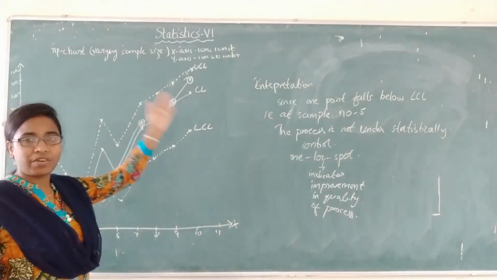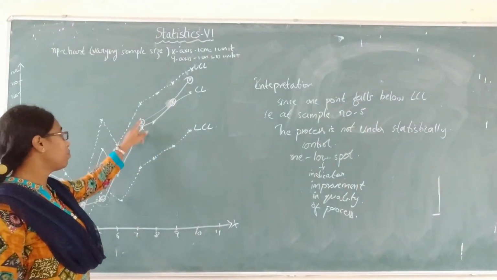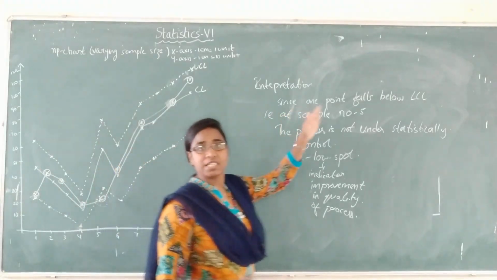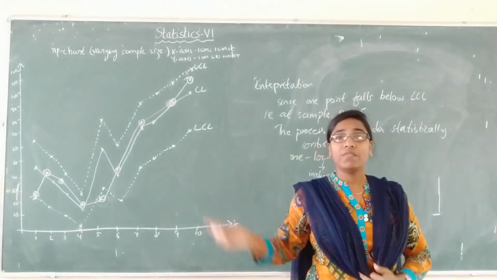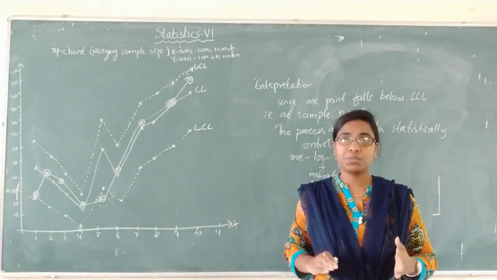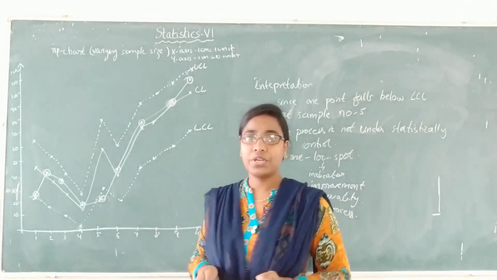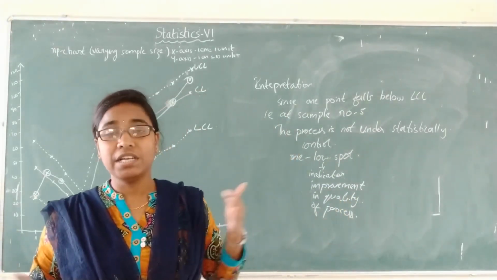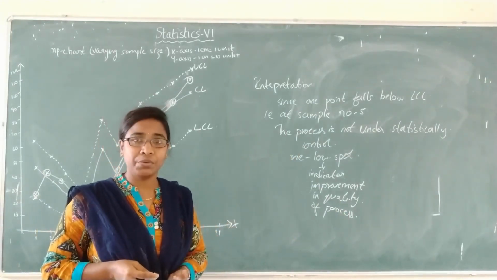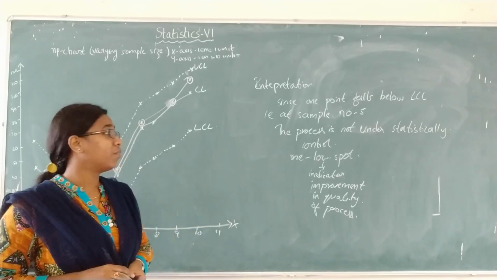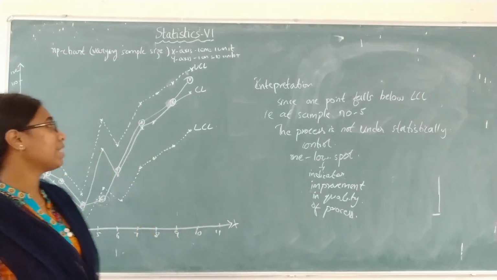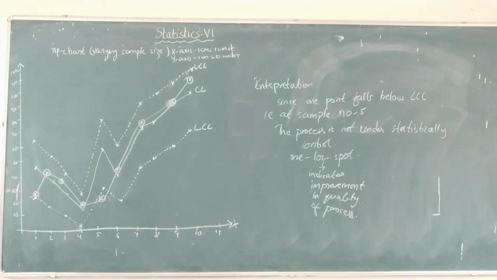Otherwise, you can check from the table itself and just plot here. Whatever DI values you have, in the last columns you will have UCL and LCL. Check the DI value for each sample. First check the DI value with the first UCL and first LCL. If it lies between UCL and LCL, that sample is clear. Next go for the second sample. Like that you check for all samples. It will be easy for you to conclude the NP chart for varying sample size. So this is the construction of NP chart for varying sample size and the problem related to NP chart varying